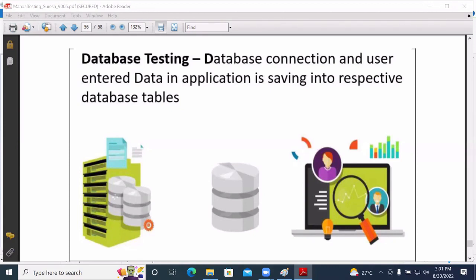For that, you need to write a query and retrieve the data from the table. Once you execute the query, you get the output from the database.